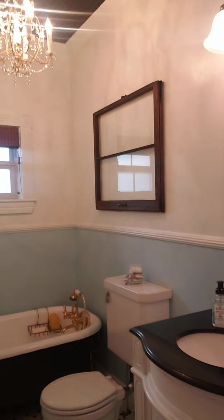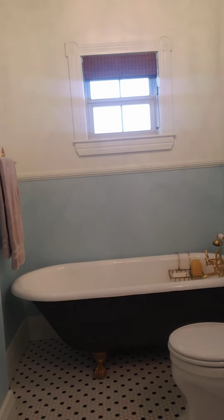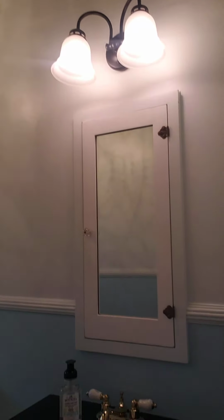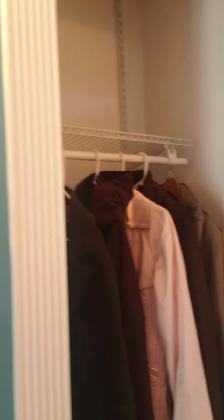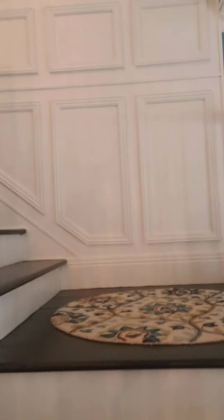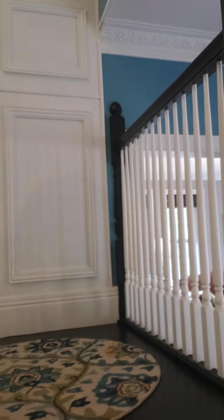So this is your main floor bathroom, clawfoot tub. The detail was added by my sellers on the ceiling there. He had just enough materials to do that ceiling, I remember. This is going to be your entryway closet here. Now we'll go upstairs. So there is a time capsule in one of these,